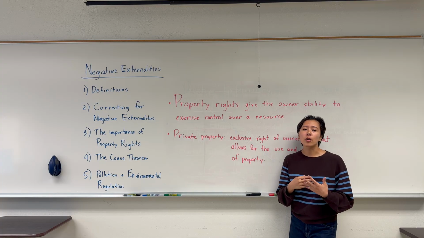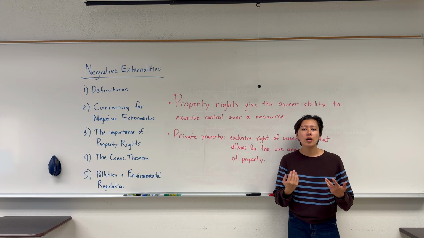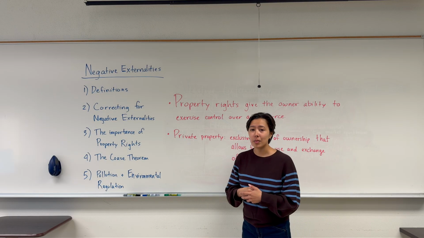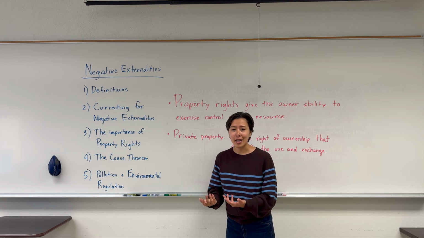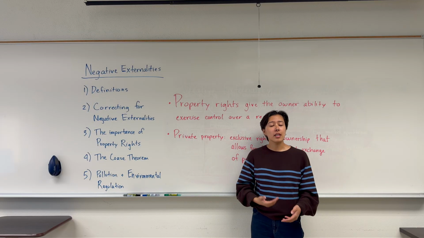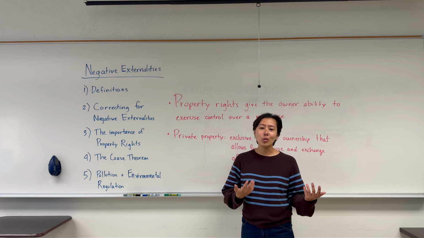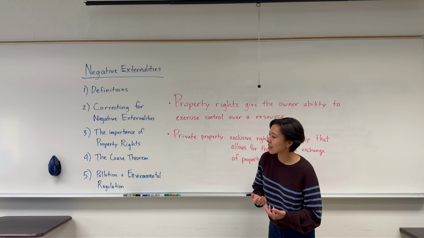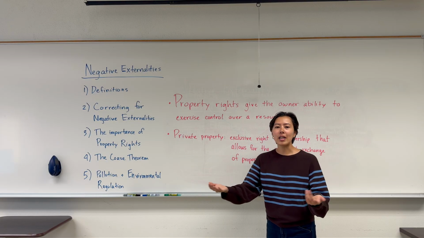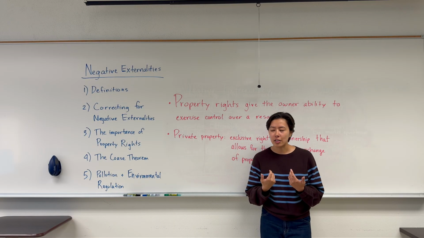Oftentimes, negative externalities occur because we have a lack of clearly defined property rights. What property rights do is they give the owner of some resource complete control over that resource. And this is why with something like air pollution, we easily have negative externalities. There's no clearly defined property rights over all of the air on Earth, right? It's something that we all use and we all use it freely. So there is no single party that owns all of the air on Earth. And because of this, I might feel like I have the right to pollute the air with my factory, but of course everybody else feels like they have the right to breathe clean air. So this is where we have this friction or this tension.